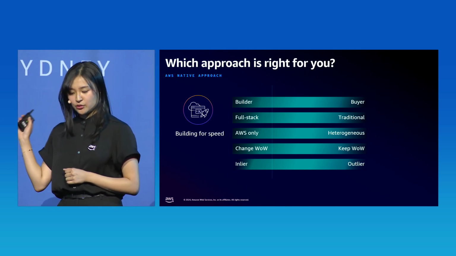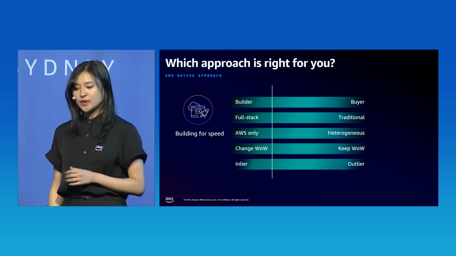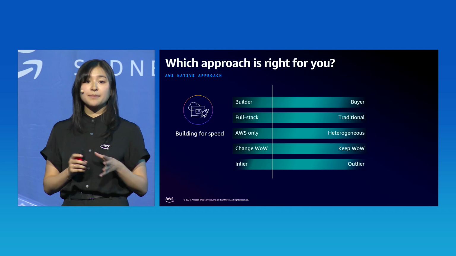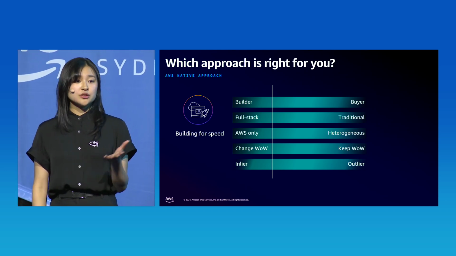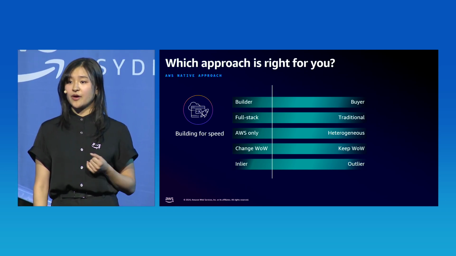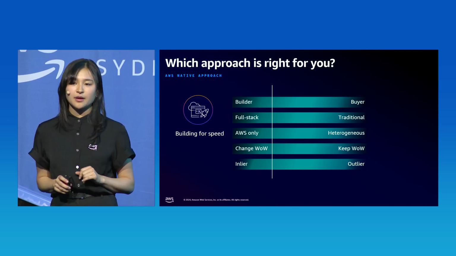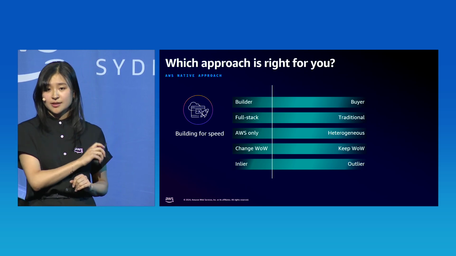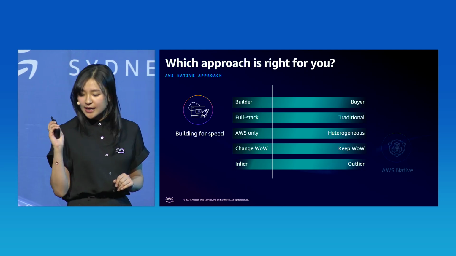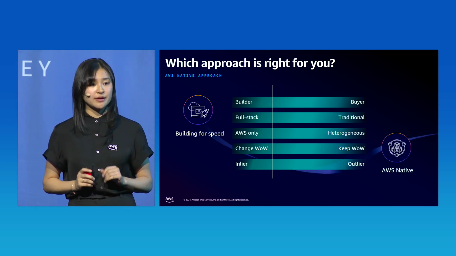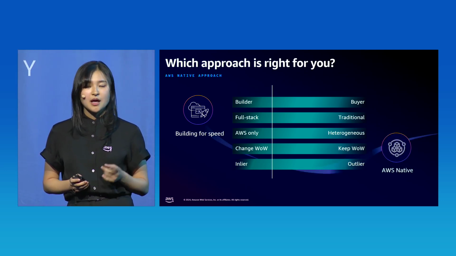Reflecting back to our mental model, here we've got a customer who has a strong team of full-stack engineers building for other engineers. They want to use AWS as their sole strategic cloud provider and are open to changing their ways of working with no unique requirements. Based on this customer's particular context, it's likely that for them, an AWS native approach to platform engineering is the right path. Let's try another example.